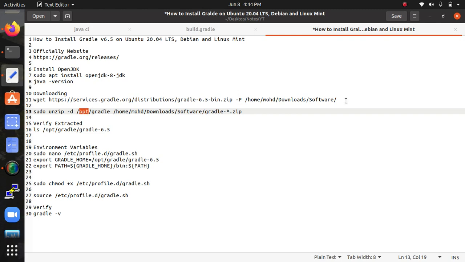The download has been done here, but we are extracting inside the opt folder. This is important, though Gradle works anywhere. If you want, you can change it, but I'm keeping the default one.